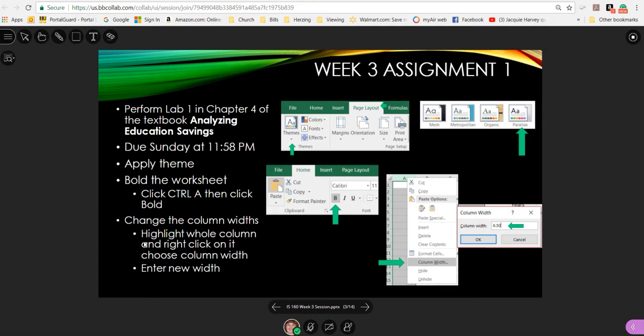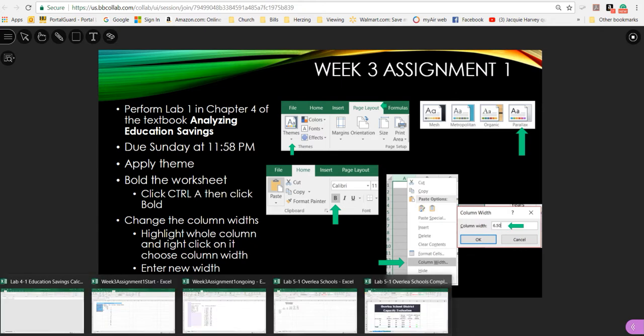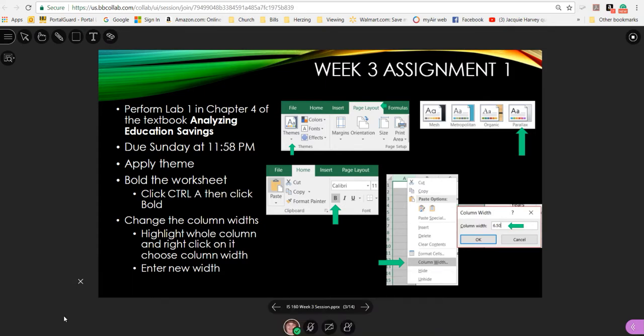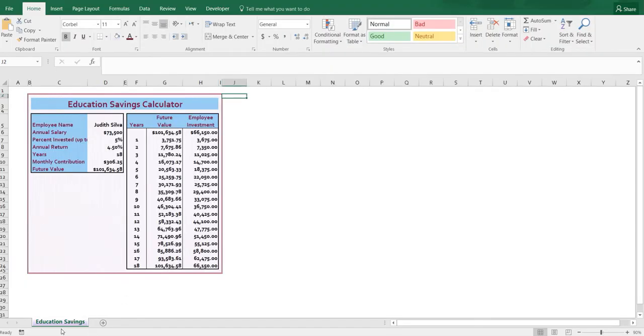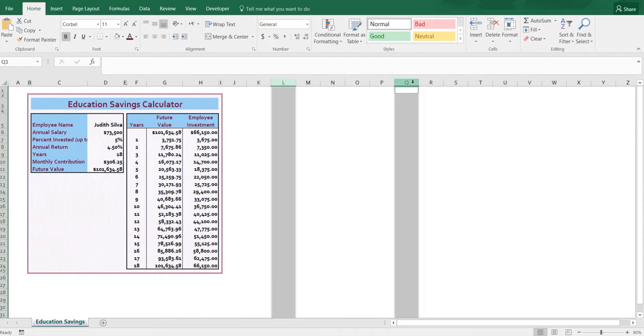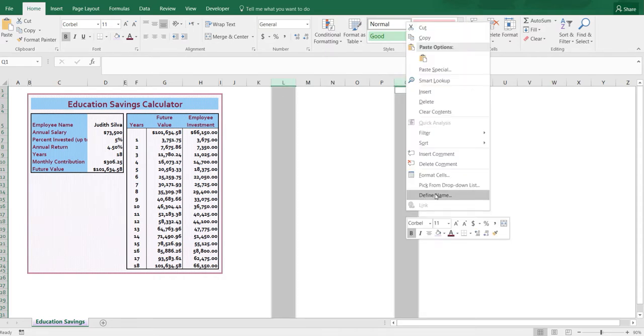To change the column width, you're going to highlight a column, then right click and choose column width, then enter the column width in there. Now to do 2 at the same time, you can highlight a column, hold Control, and highlight another column, and then right click, and when you go to,